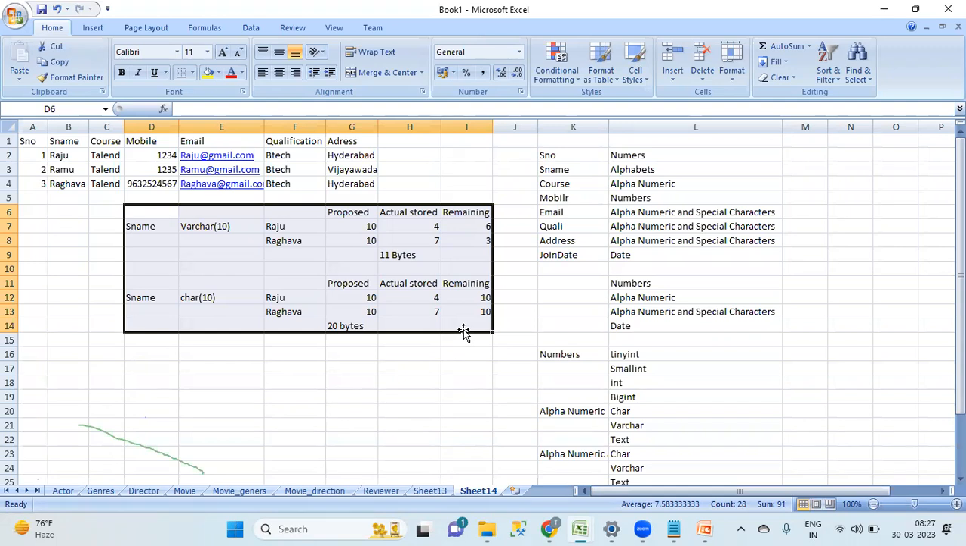Actually, we process 10 bytes, but it occupies only 4 bytes. The remaining 6 bytes, what will happen to that memory? It will be freed up. It will not occupy space. Suppose you are storing some information in your laptop, it will occupy some space or